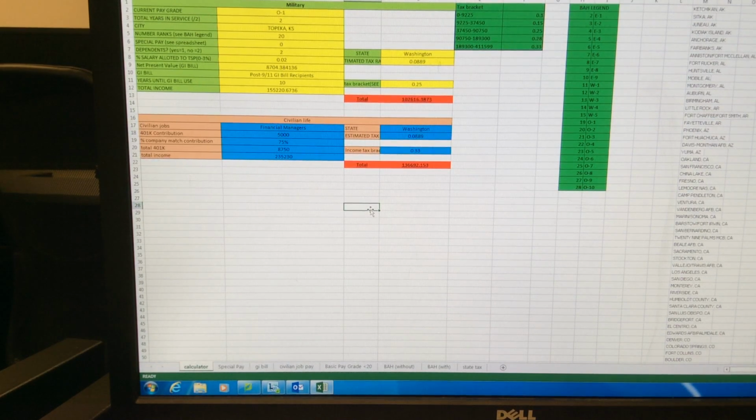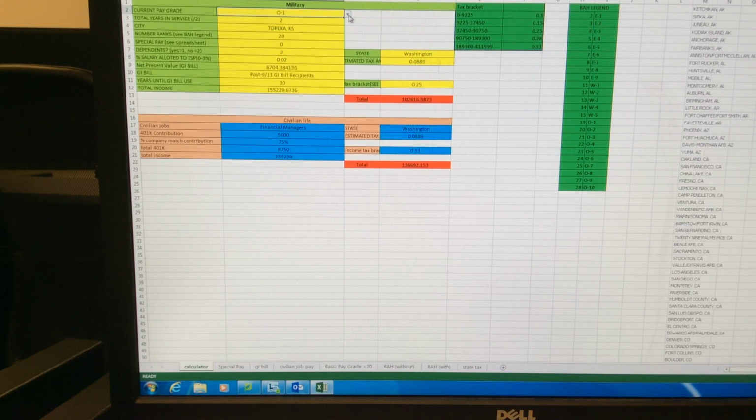This is our Deliverable 1, Part 2, and this is the calculator that we developed to decide whether the user wants to stay in the military or if they want to go into the civilian sector based on their career salary and their benefits that they get in each. So let's get started. So for our current pay grade, we have